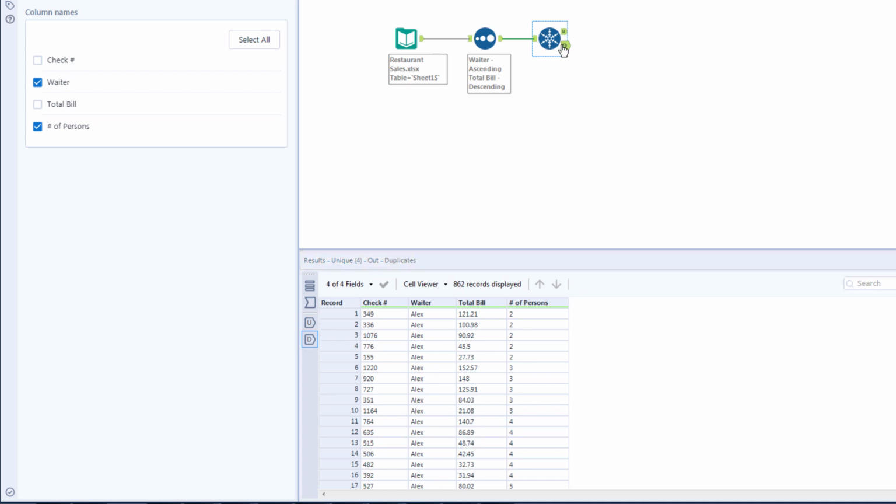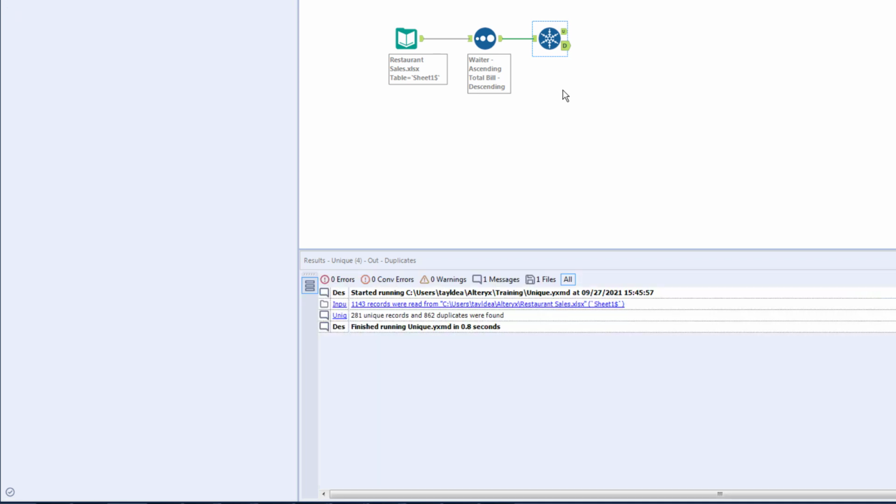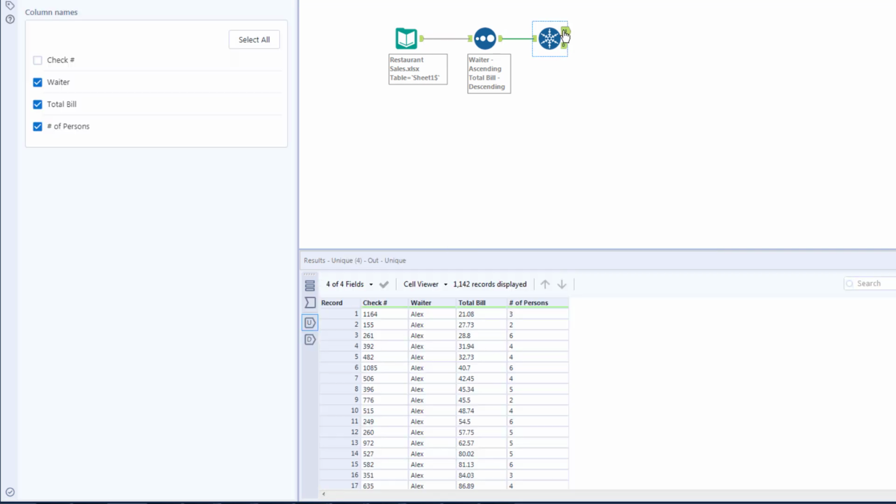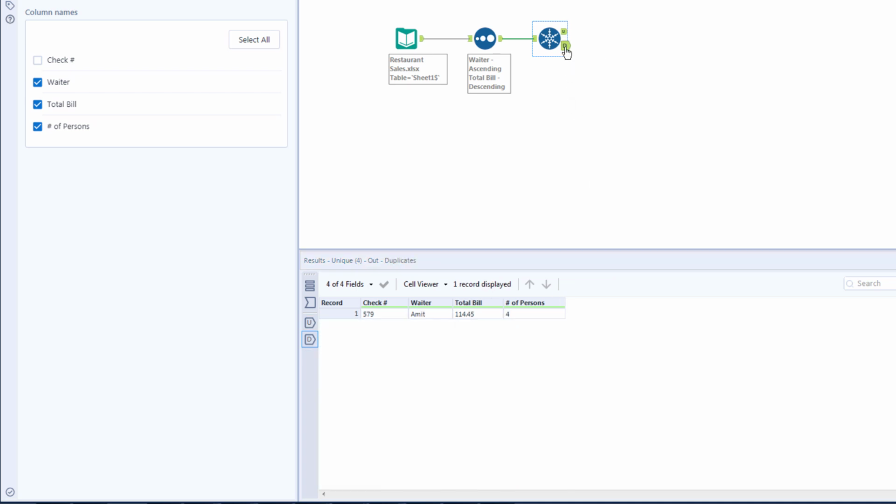If we now add the column total bill in our configuration window, what do you think will happen? Well, if we run the workflow, what you can see is that Alteryx is bringing back rows of data where the combination of all three columns is unique. Now, because the majority of the rows have a different total bill value, the majority of rows are feeding into the unique stream. However, if we click on the D output anchor, you can see we have one row of data that is appearing. Now, this tells us that there is already a record in the unique stream with the combination of values Amit,